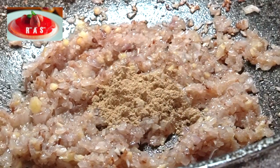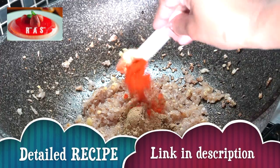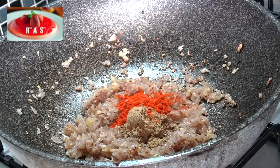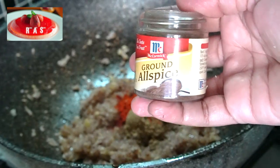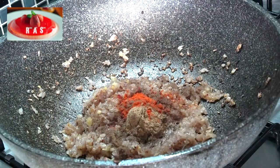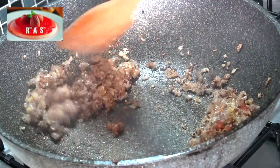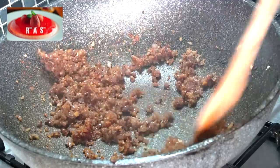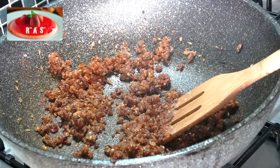And to this we're going to add some spices. 2 teaspoons of coriander powder, 1 teaspoon of cayenne or chili powder, and 1/2 teaspoon of ground allspice. You can also use Arabic 7 spice if you have it. So just stir that till it's nice and aromatic, and we're going to remove this from the pan. Wipe clean the pan,